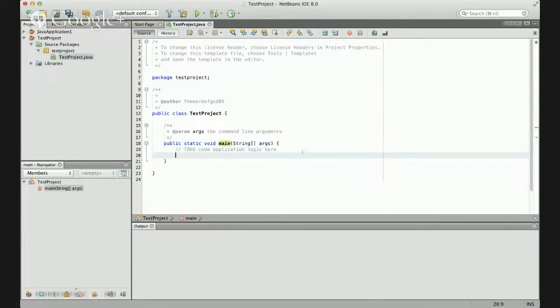What's traditional for every beginning programmer is to print out "Hello World." So I want you to copy exactly what I type. You have to make sure that everything is exactly the same case, which means if I type uppercase, you have to type uppercase. If I type lowercase, you type lowercase. So capital S System, dot out